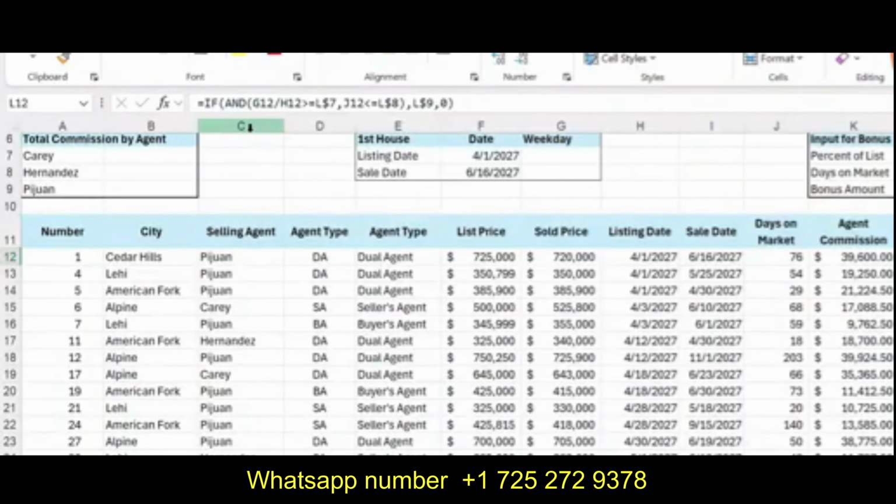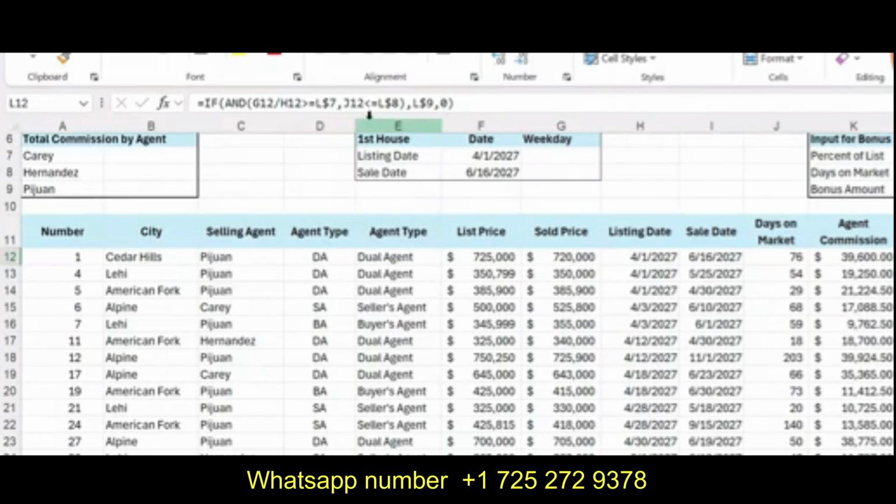So our function is IF. In the AND function we check both conditions: G12, that is the sold price, divided by H12, that is the listing price, is greater than or equal to 100%, and days on the market J12 is less than or equal to 30.